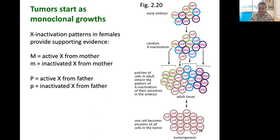I think all of you know this, but I always think that's amazing when you think about it. That means your body, even though you don't see it visually, is actually made of different patches of cells that are using dad's X chromosome versus mom's. Of course, in men, that's not relevant at all. We only have the X chromosome from mom because dad gave us a Y chromosome, which is the source of all of our problems. But anyhow, in an adult